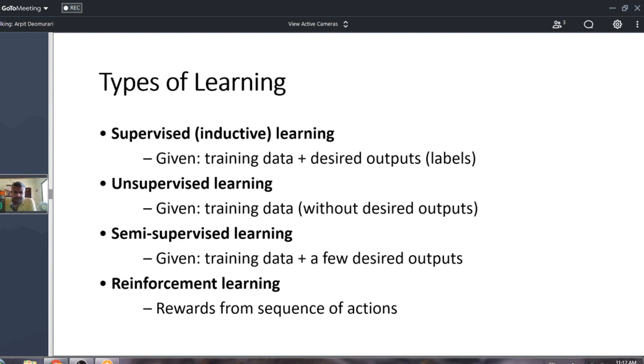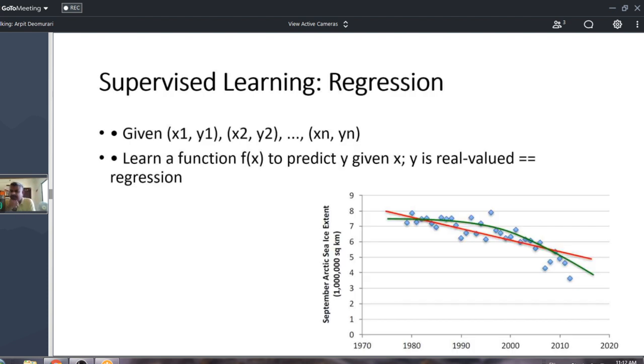As I said, these are just examples. So let's skim through each of these 4 with various small examples. Supervised learning, a typical one is what we call regression, where you know X and you have to predict Y. You have a set of data, you plot it, and then you try to figure out what the value of Y would be given X. It might come up as a linear or quadratic or product function, something like what we used to study in algebra: a square, b square, find x, y, get the value. This is the basic supervised learning you can carry out.